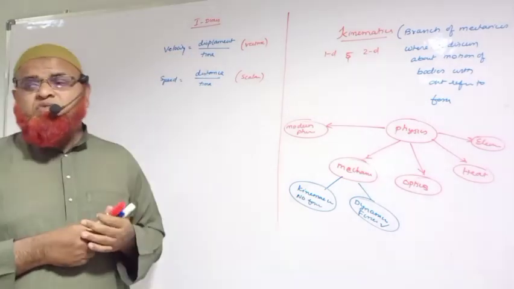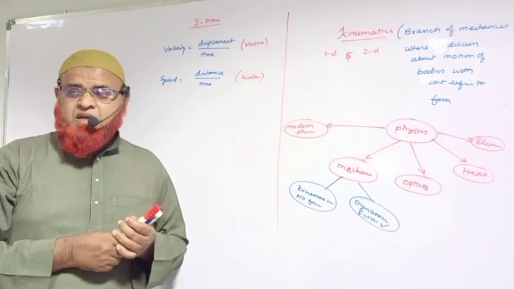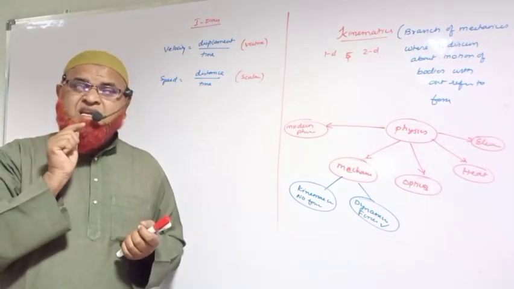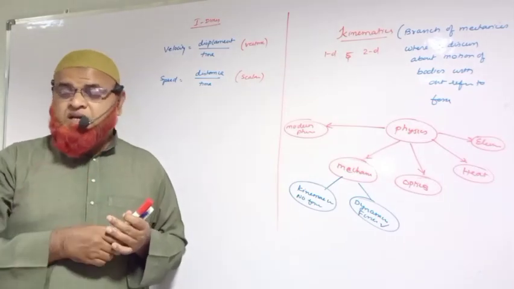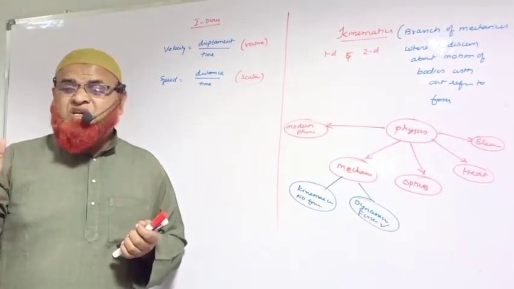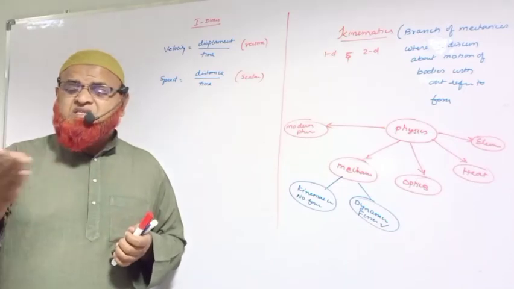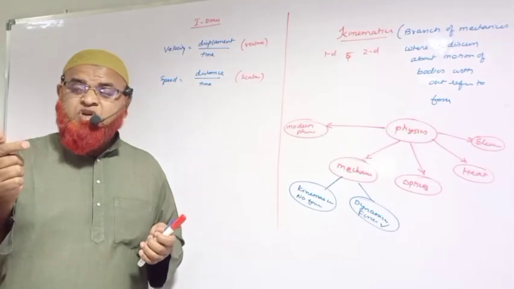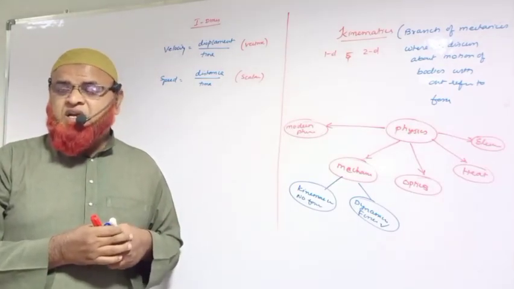We will discuss velocity when a body is going in a particular direction. We generally discuss the velocity of a bullet if it is going in a straight line. Velocity we call it. Bus, we don't call velocity of a bus. We call speed of a bus, because at every step the bus is changing its direction. But we call it velocity of wind because wind is in a particular direction.